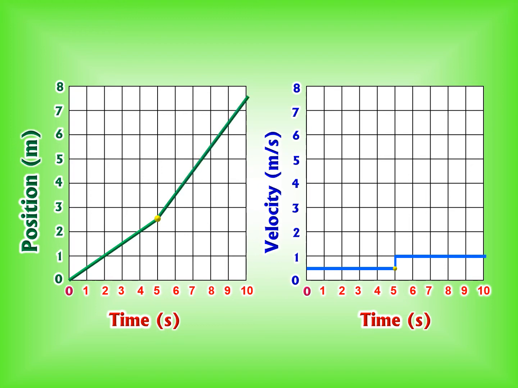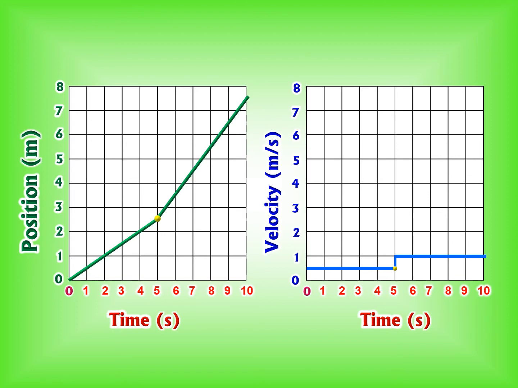Is that going faster or slower? Well, you can tell by the steepness of the slope how fast it's traveling, its velocity. So that's steeper, so it's going faster in the same direction. Notice on the velocity versus time curve, right at 5 seconds, it suddenly jumps up. There's an instantaneous change, and now the new velocity is 1 meter per second. So there has been an acceleration from 0.5 meters per second to 1 meter per second, and that's happened between second 4 and second 6.